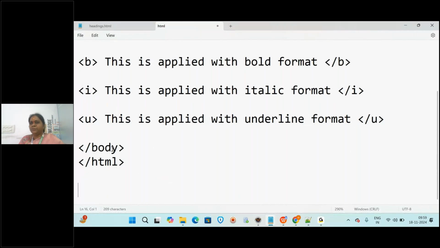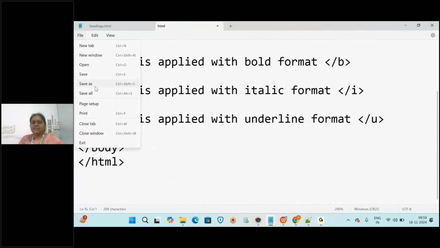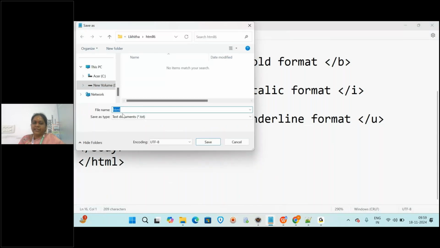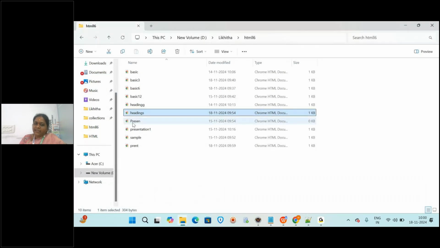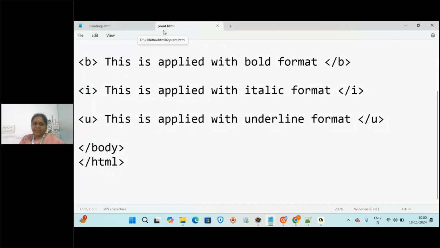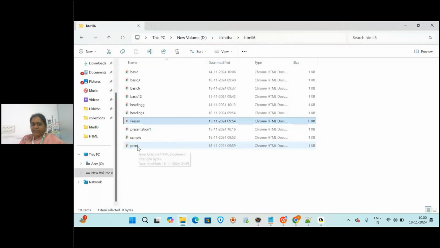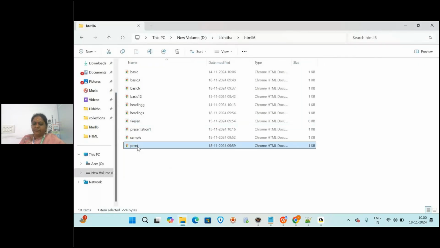Then what we have to do? What is the next step? Save as. So go to the file and then what? Save as. And then give some file name. So this is presentation tag. So present and then dot what? HTML. Click on save. So now it will be saved. Then to run, what we have to do? Go to that particular location, see the file name that you have given. So what is the file name? Present. So present is the right file. Double click on that, it will be opening.